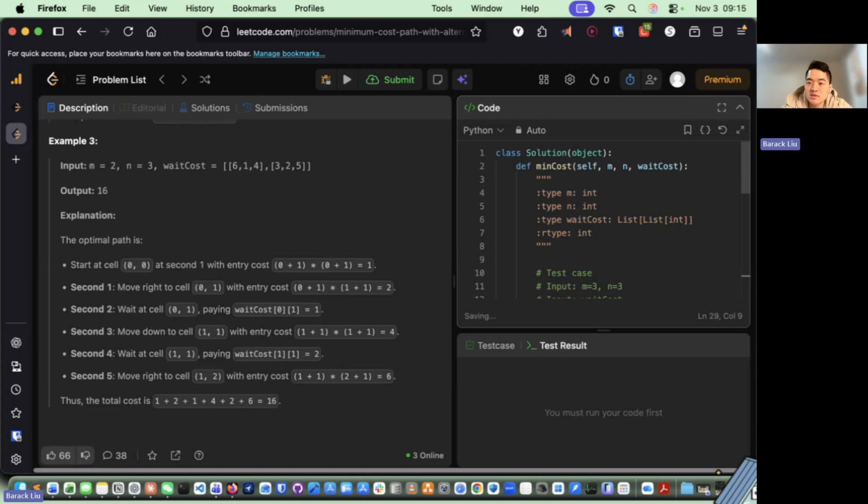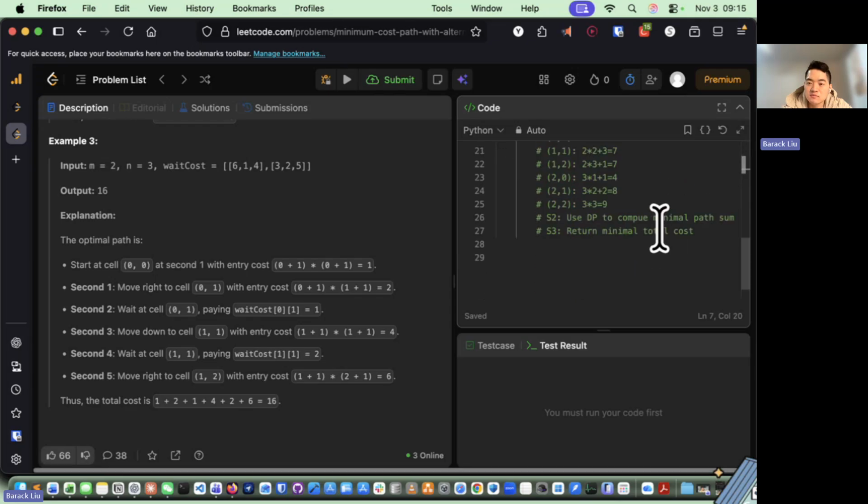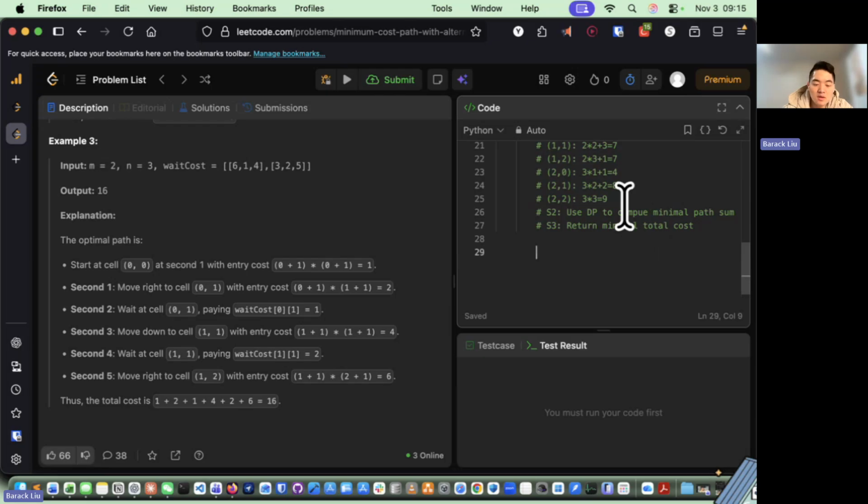Okay, so let's say we have 3 inputs. The first parameter is int, second parameter is int, third parameter is list of int. Okay, and return is int. Good. And based on the strategy we propose in the test case, we start from